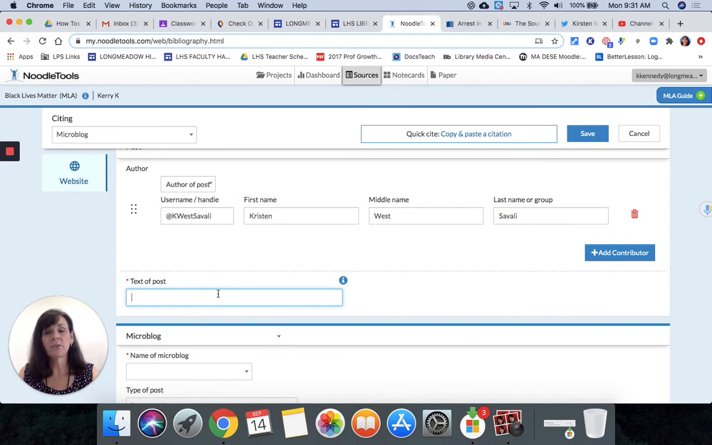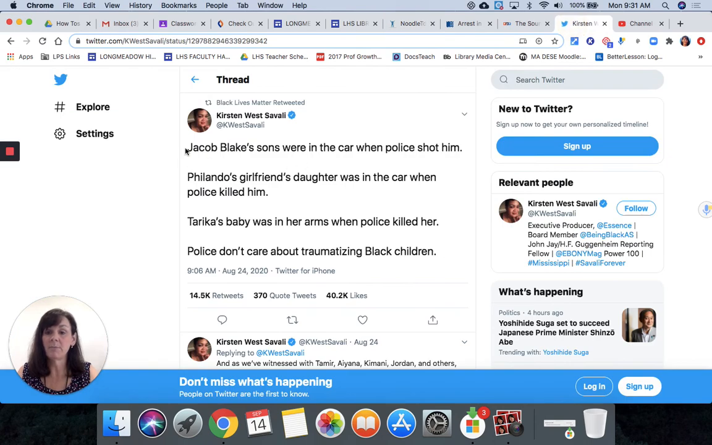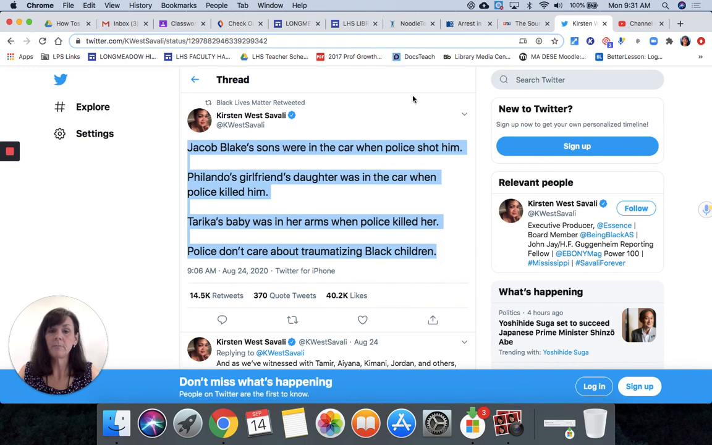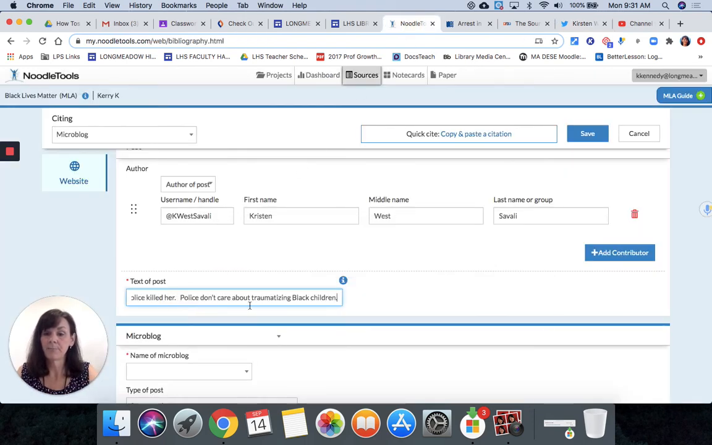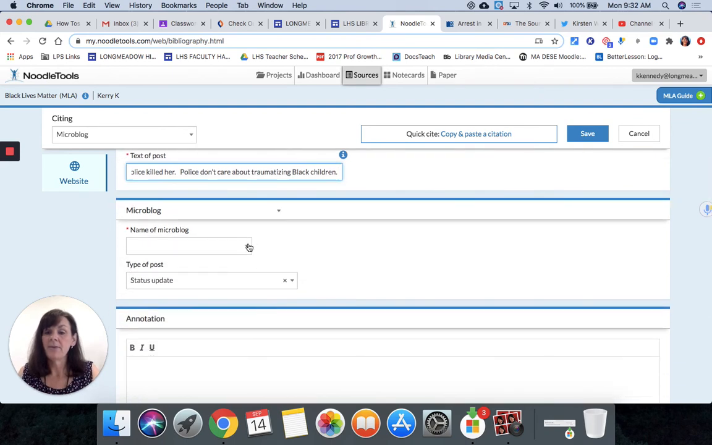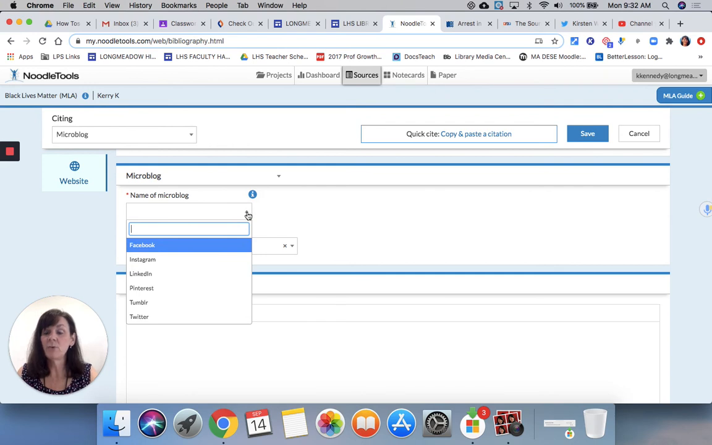Now this also, they want the text of the post. And because Twitter is short posts, it should be able to fit. So again, if you're not sure, you click on here and it will say that you post without changing the capitalization. So you can literally copy and paste it. So we'll go ahead and do that. Okay, and then this is the name of the microblog. So again, you want to hit the drop down, okay, and it gives you all of those choices for different microblogs. So this is Twitter,